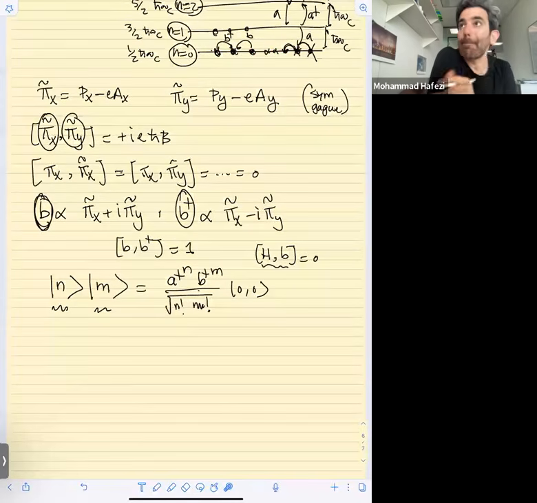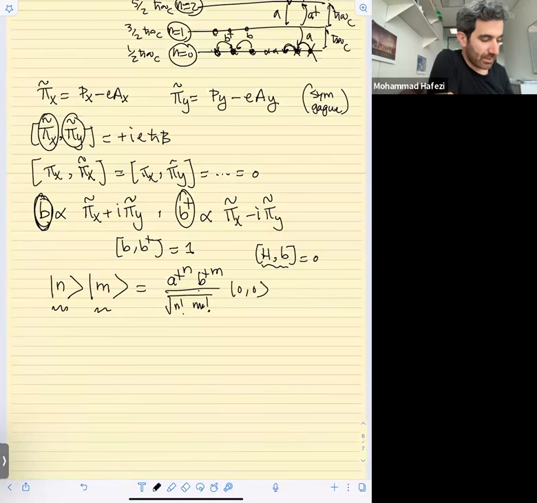Sounds good? So I did not use anything more than a harmonic oscillator to find the spectrum of the system. Now, if you ask me what is the form of the wave function,